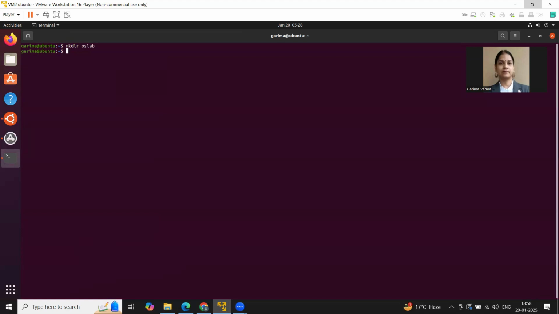Right now, if I write O and star, I will get the OS lab directory here. Now to go inside the directory, you will use the cd command, cd OS lab, the name of the directory. So now my directory is changed to OS lab. How will I check my current directory? I'll give pwd. Earlier my present directory was Garima, now it has become OS lab.